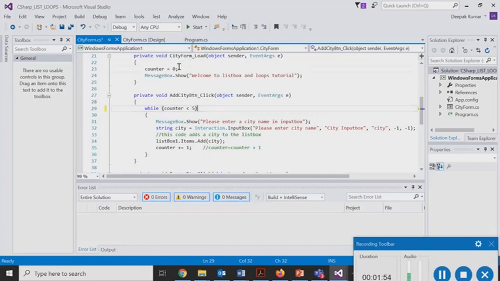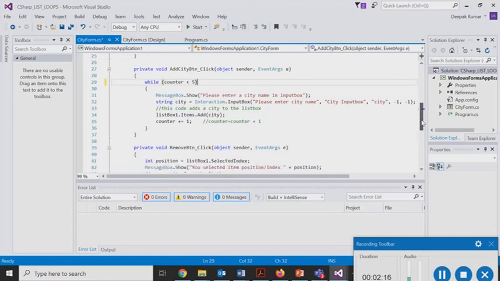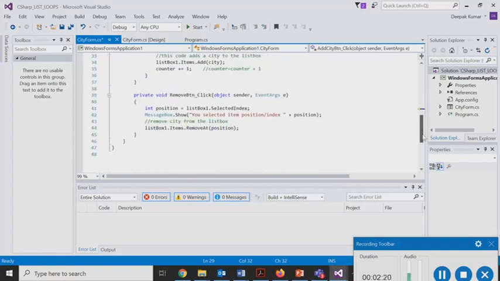So now since it starts from 0 and the condition says the loop should continue while counter is less than 5, I'm sure you can understand that we will have 5 iterations. So it's important to understand the logic of your condition, which determines the behavior of the loop. Okay, so that's one thing. Now we will run this again and probably we'll see that we have 5 iterations of it.